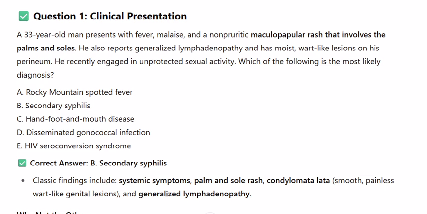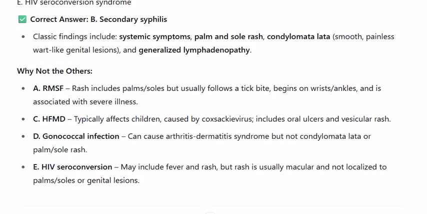B. Secondary syphilis. Classic findings include systemic symptoms, palm and sole rash, condylomata lata, smooth, painless wart-like genital lesions, and generalized lymphadenopathy. Why not the others? A. RMSF. Rash includes palms and soles but usually follows a tick bite, begins on wrists and ankles, and is associated with